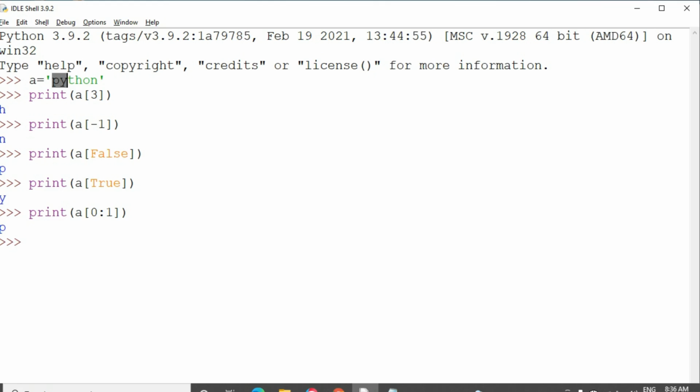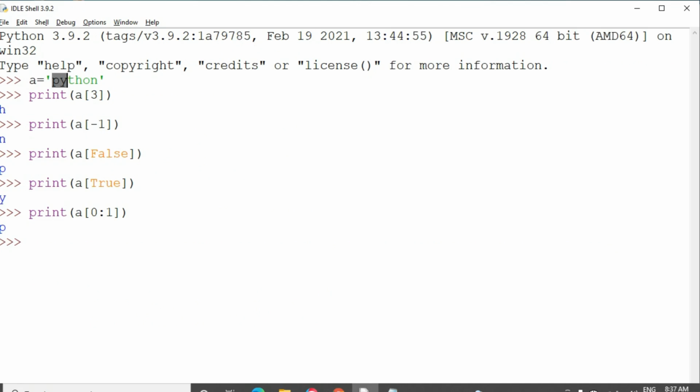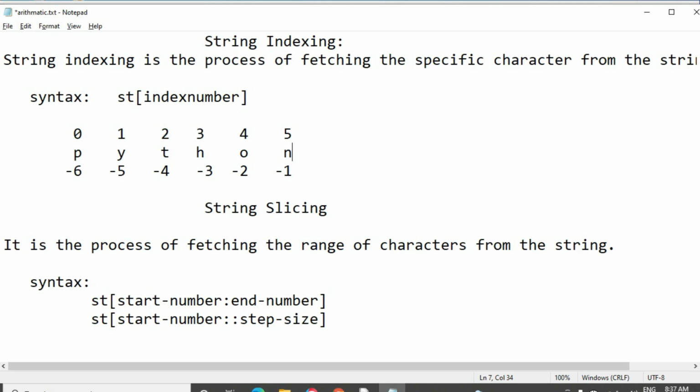But in this case, it will not display the next position Y. Why? Because the string characters start from the 0th position onwards.